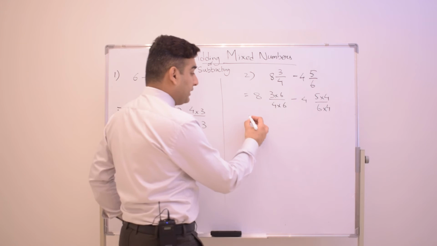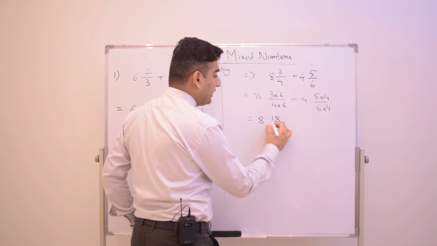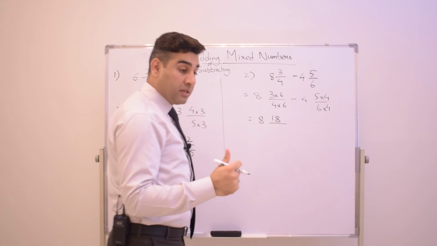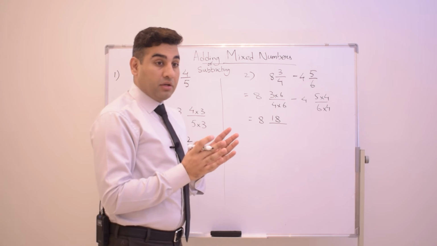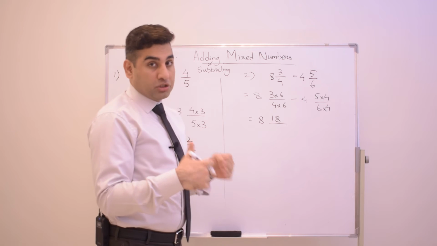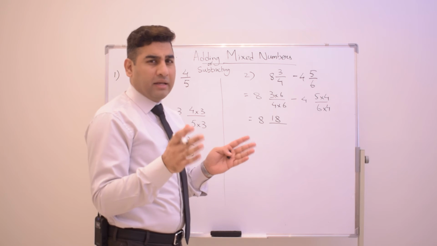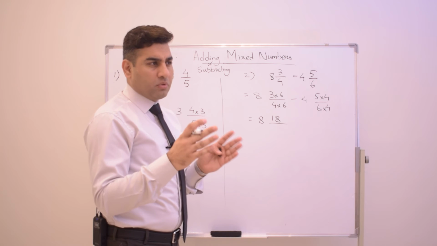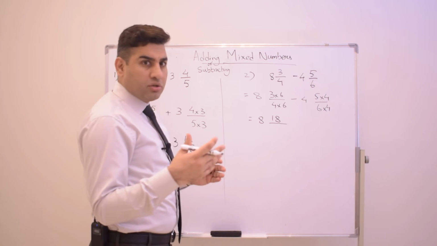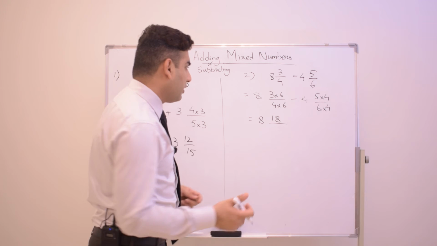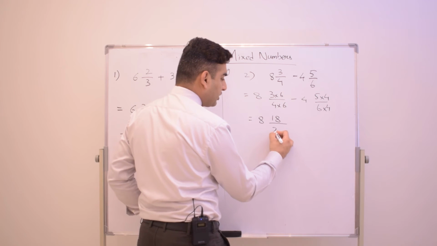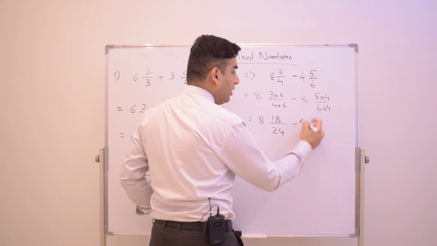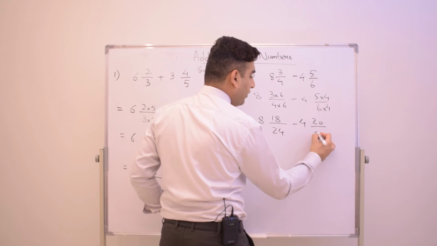Okay, now guys, 8 as it is, 18, 4 times 6. Your multiplication tables must be good so that you can do your calculations quickly. So you should learn tables at least up to more than 10. You must know up to 15 if you can learn. Okay, so 6 times 3 is 18, 4 times 6 is 24, minus 4, 5 times 4 is 20, and 6 times 4 is 24.